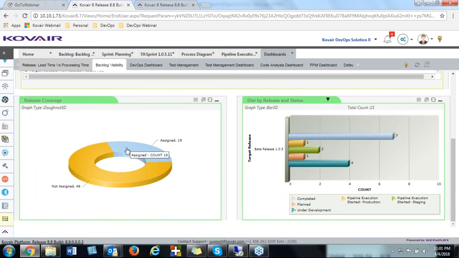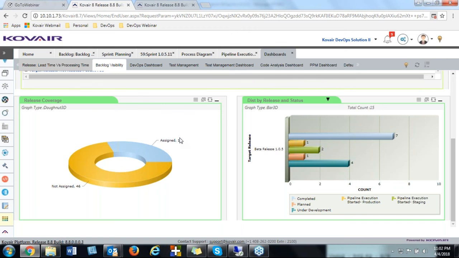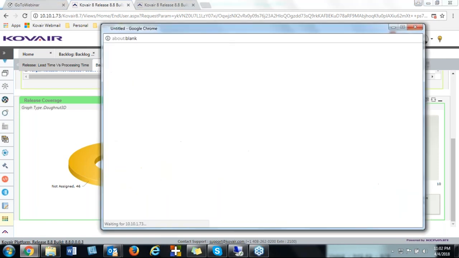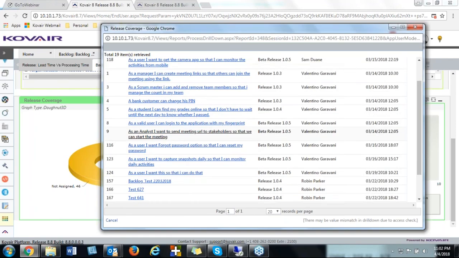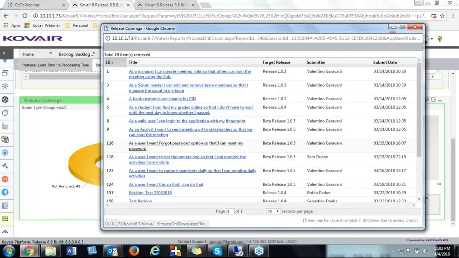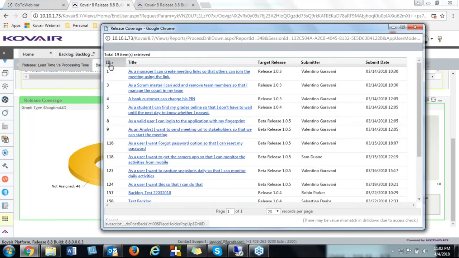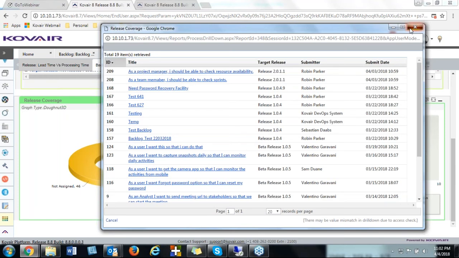If I click over here, it takes me to the actual list of records. So once I click, it has drill down capabilities by means of which I can navigate to the list of records that satisfy this particular sector. Okay, so here you can see all the various backlogs.